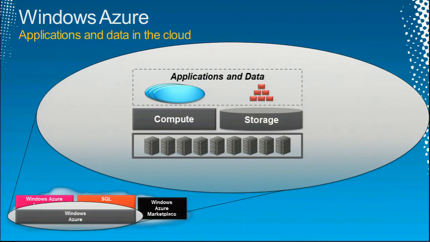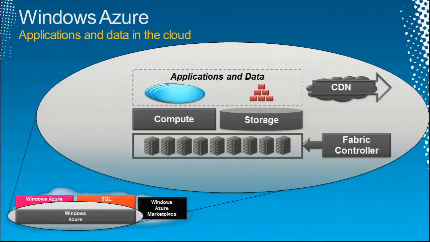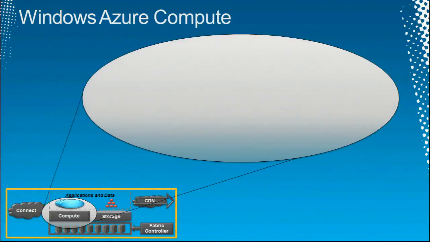Those machines and the software they run in each data center are managed by an application called the Fabric Controller. Piece of software is a better word than application, but by software called the Fabric Controller. There's also something called a CDN, which usually stands for Content Distribution Network, and there's this thing called Connect, which helps you connect that into your on-premises world. I'm going to walk through all five of those gray components right now. And I'm going to start with compute, because that's the thing that is the foundation for logic, the core thing we're doing on Windows Azure.